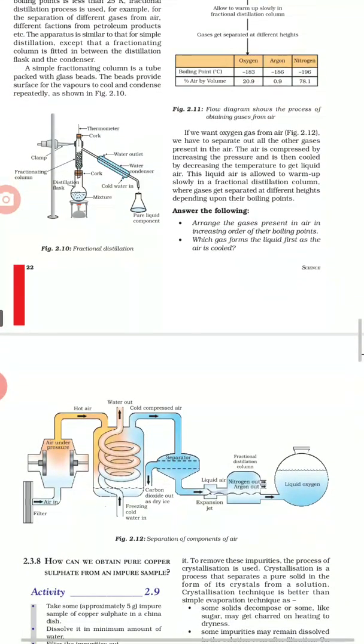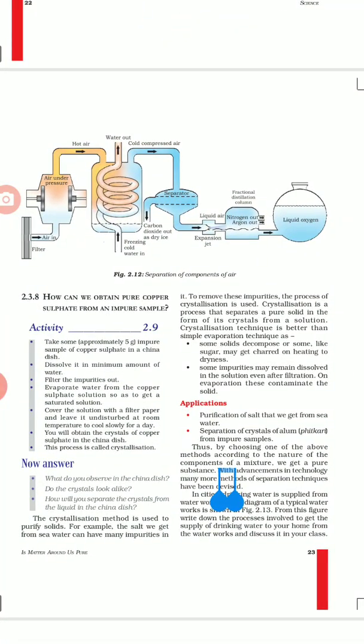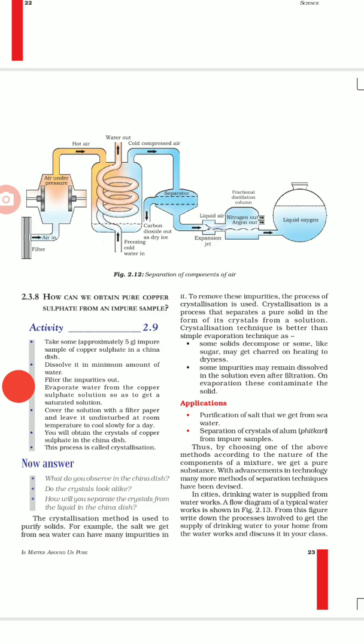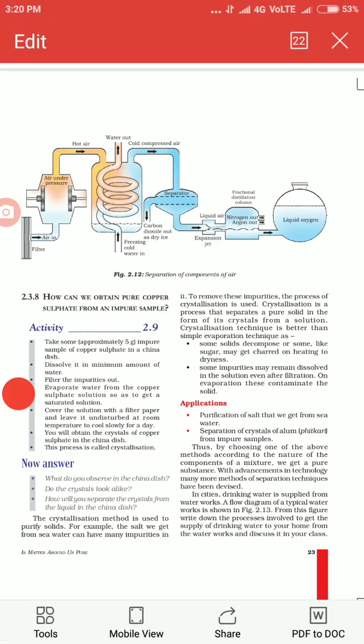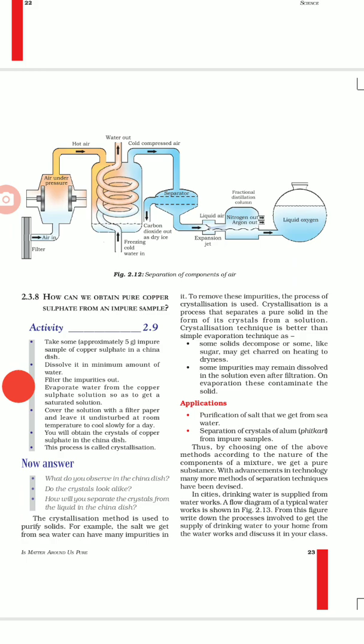Okay, now here you can see the apparatus, how it takes place, how the arrangement is made. Okay, can you all see this? Air under pressure is allowed to get in and then whatever water is there is let out. Okay, and the compressed air is passed towards the separator. Yes, can you all see it clearly?